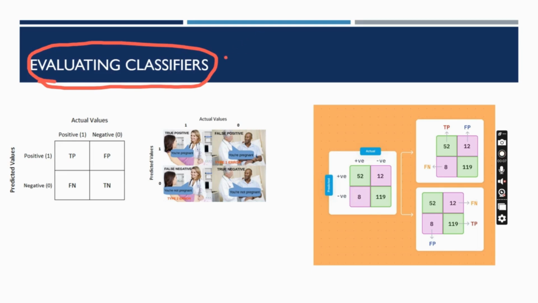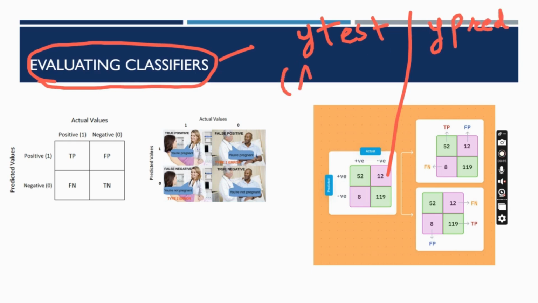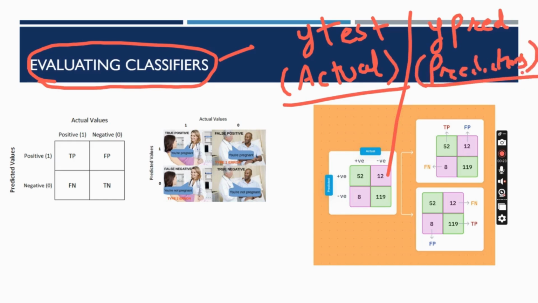Evaluating classifiers. So we have seen that there will be a Y test and there will be Y predictions. Y test is the actual labels on the test set. Y prediction is the predictions of the model. Okay, now let us say that there is this kind of data